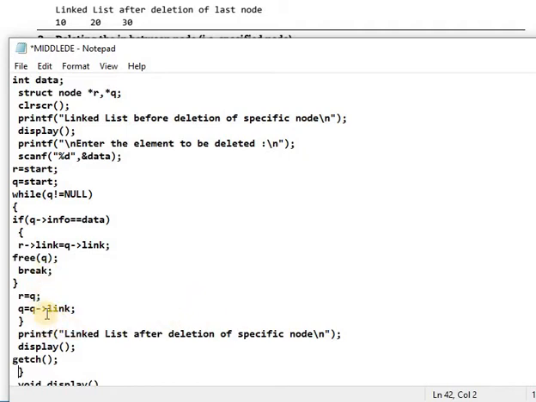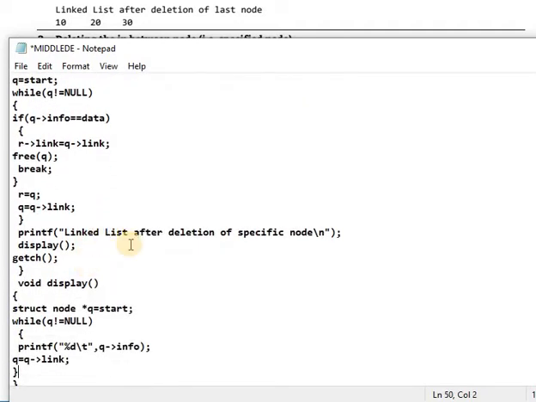Again the statements run, and Q's next link is considered as Q. This means when the condition is not true and the element is not found, Q and R are incremented and move to the next node. How is this possible? Q is initialized, and Q's next link, the next node, is assigned to the Q variable. This is like moving from one node to another, and when found, it is removed.